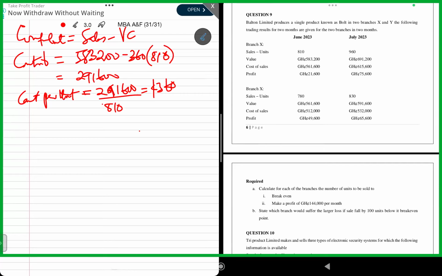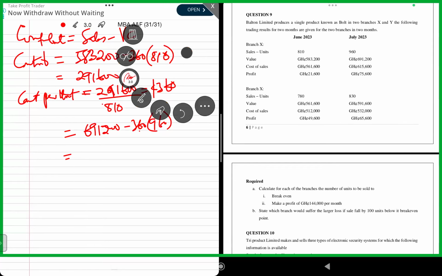If you use the high method also, we should get the same. So let's try and see. What's the sales for the high? High sales is 691,200. Okay. 691,200 minus 360 multiplied by 960. What do we have? 360 by 960 is